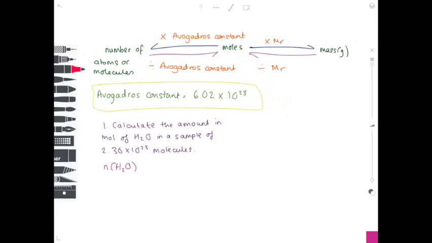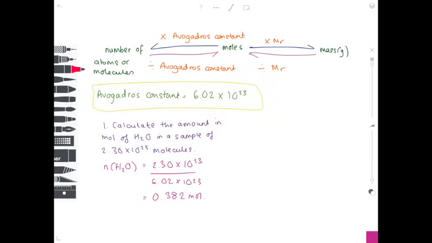Now let's make sure we lay out your work nicely. So I've written number of moles of water equals, we know it's the number of molecules given, and we need to divide that by Avogadro's constant, 6.02 times 10 to the 23. And this gives us a value which is